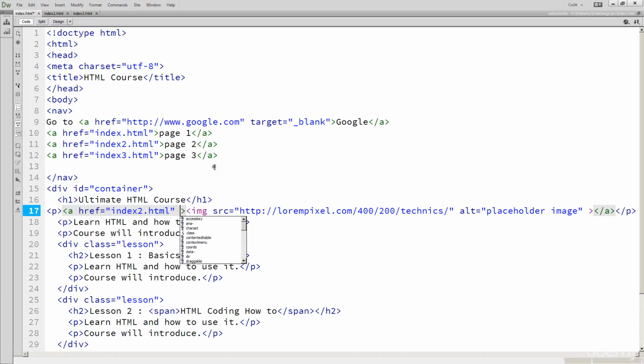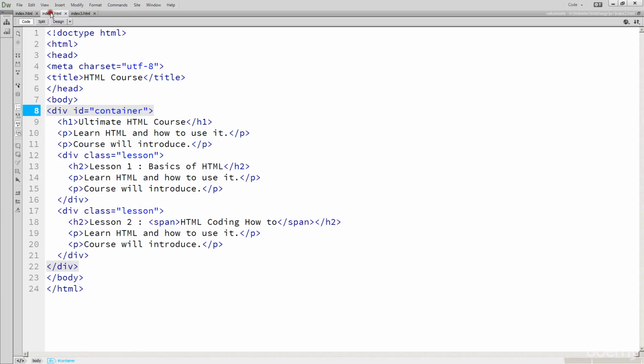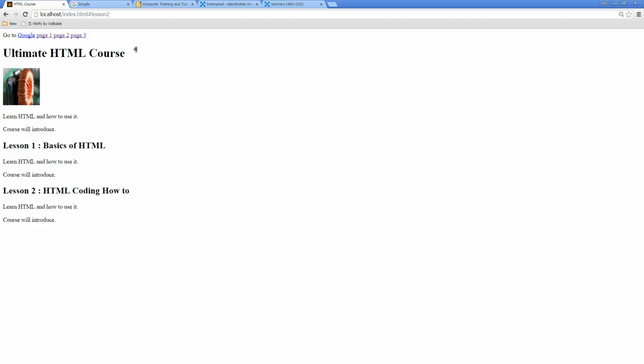So we're not going to actually have it going to a different target. We're just going to have it going on itself. And so that's all we have to do to add a clickable link. And I'm just going to update this page image from the previous page. So we're just going to put a title there so we can see that there is a difference